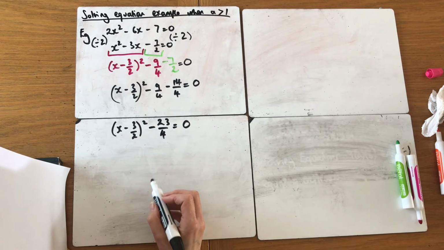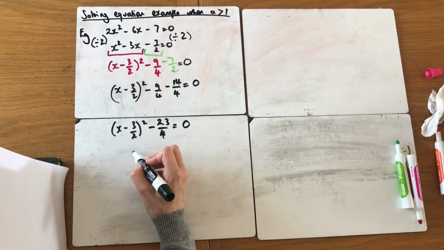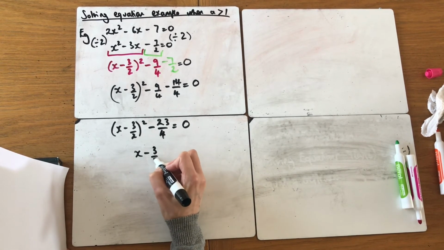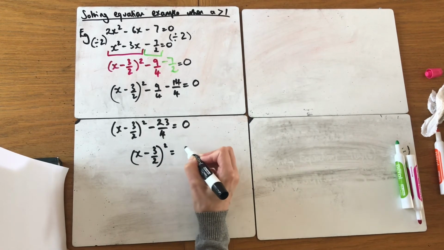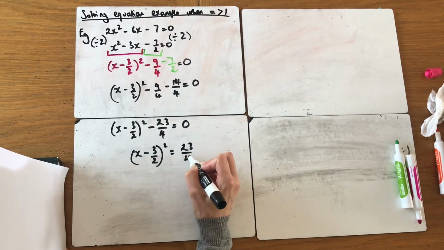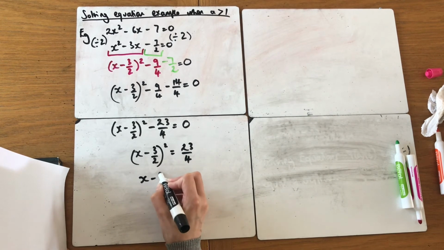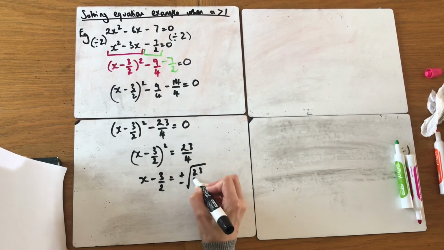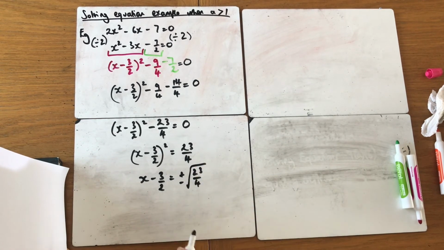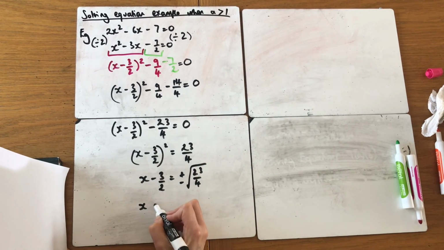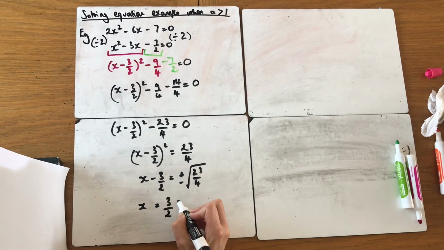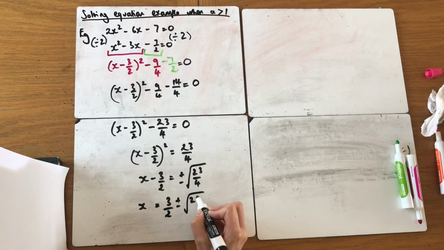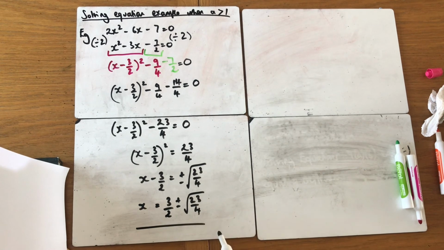So the first thing I'm going to do is add 23 over 4 to both sides. I've got x minus 3 over 2 all squared equals 23 over 4. Then I'm going to square root both sides, not forgetting I need a plus or minus. Make sure my square root sign is big enough to go over the whole fraction. And then I'm going to add 3 over 2 to both sides. So what I end up with is x equals 3 over 2 plus or minus the square root of 23 over